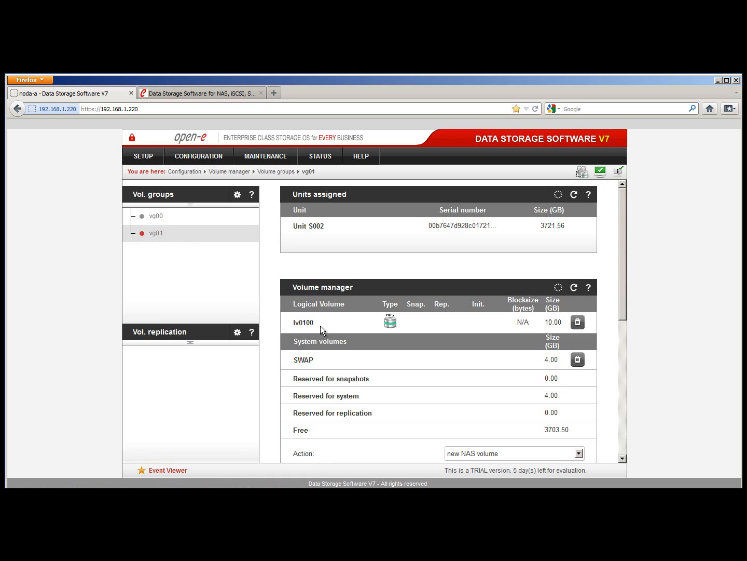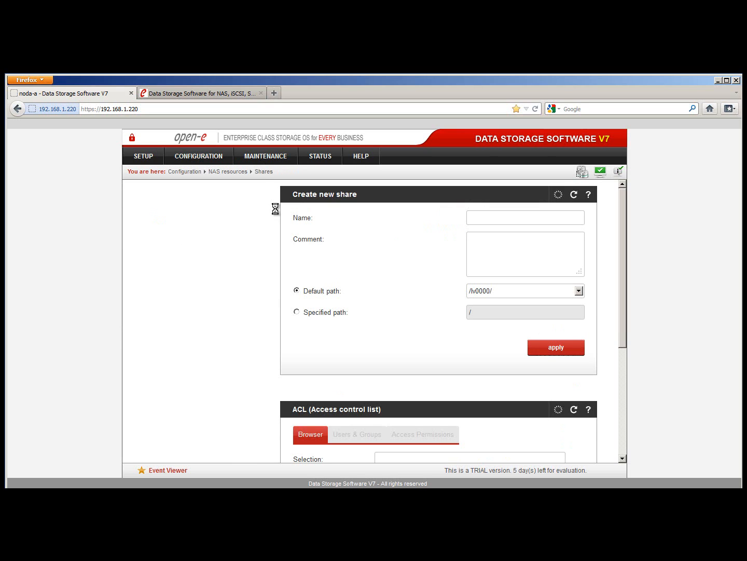So here I created another NAS logical volume to give you a demonstration of how simple this is. So let's continue now. In this instance, what I want to show is how we are going to get the data from the NAS share of sources to destination. Let's take a look. If I go to Configuration, NAS Resources,